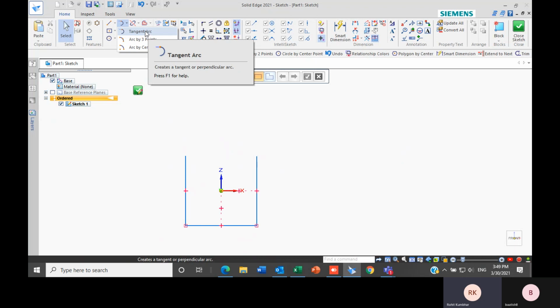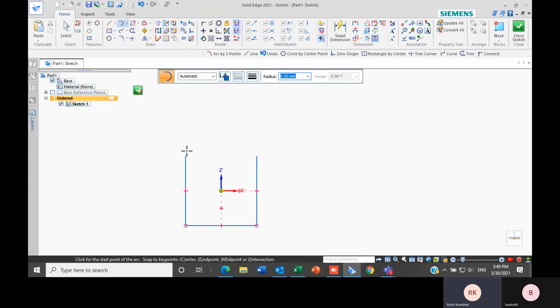I just have to click on this tangent arc. Then I just have to select the first point, and then I just have to specify the second point. This way the tangent arc which I want will get created. I can even create a tangent arc according to any point on it. So this one is about 180 degrees.